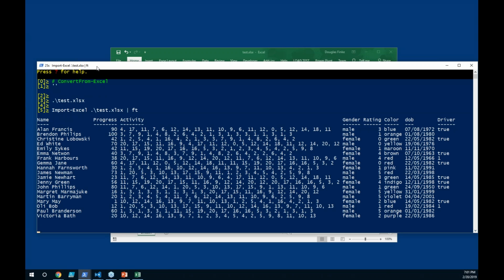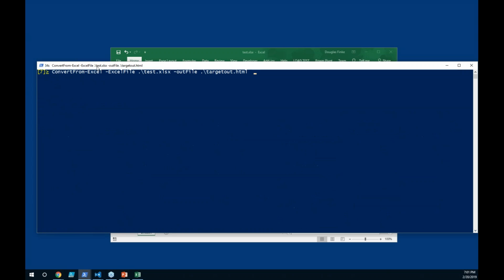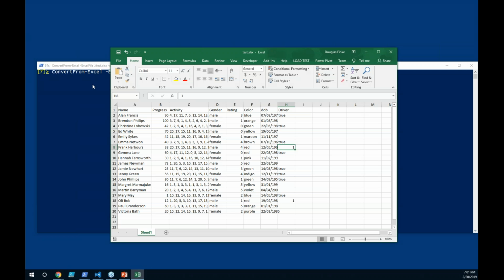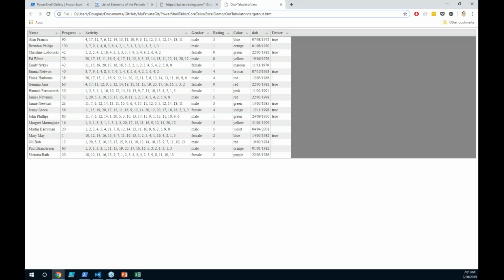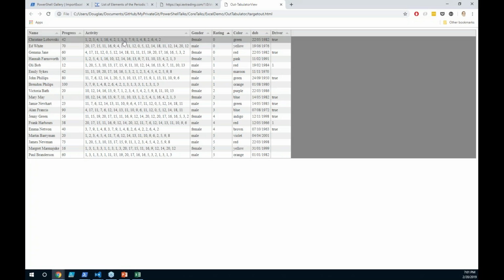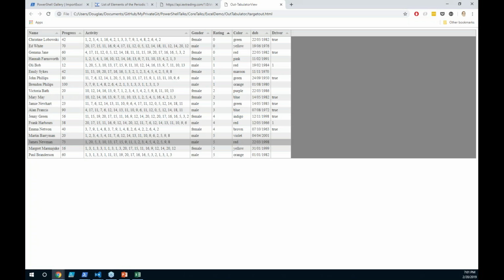I can pull that in with ImportExcel, but now let's create some web stuff. So I wrote this thing, and this is still an experimental phase, called convert from Excel. You tell it the Excel file you want, it figures out the default for the name of the sheet. But now I want to do something called out file. And I'm going to translate that Excel sheet into an interactive web page. Kind of cool, right? Now I'm not doing the charting, I'm using a thing called out tabulator, which is a